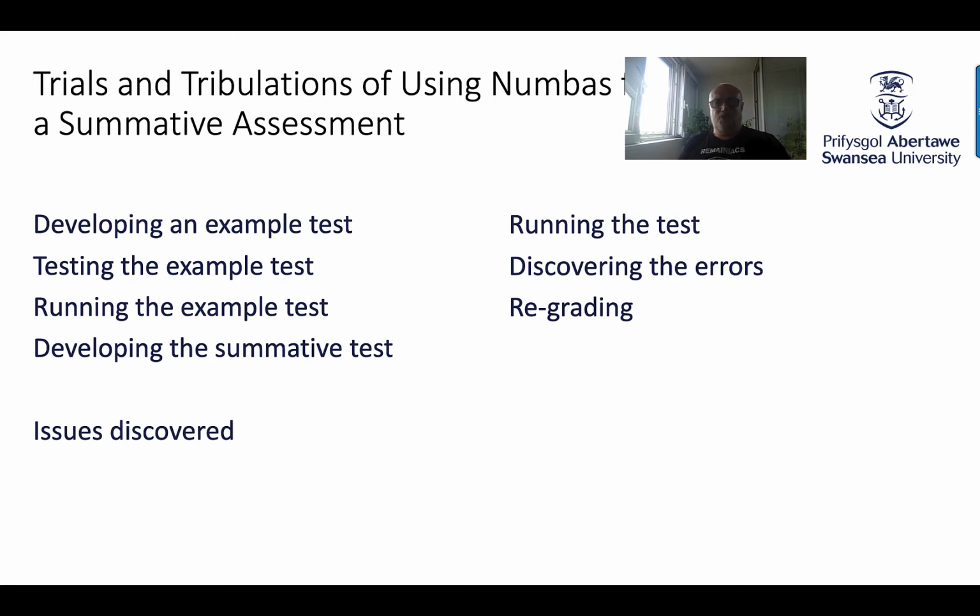I had some issues with regrading, so I ended up doing the regrading in Canvas by adding points back onto the grade that Numbas had replied, and I'll say a little about how I did that. I did 100% regrading of the exam to sort things out. Aside from the couple of errors that I'd introduced, the main issues were around using different numerical accuracies. In the end I threw that away in order to give the students a reasonable grade. So a number of issues came up.